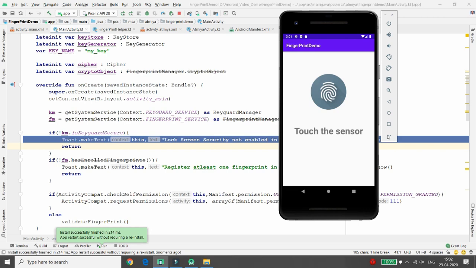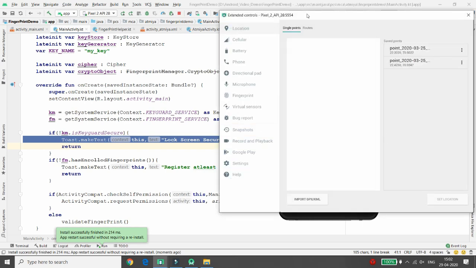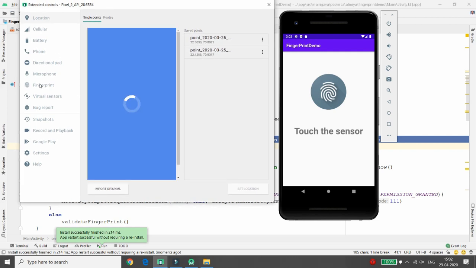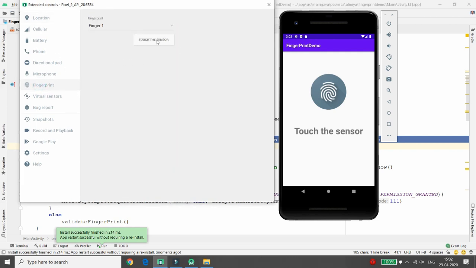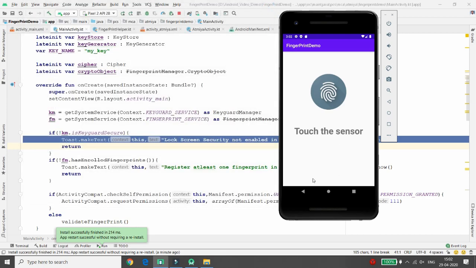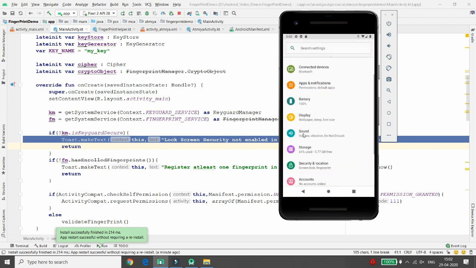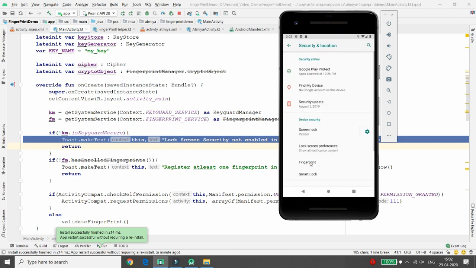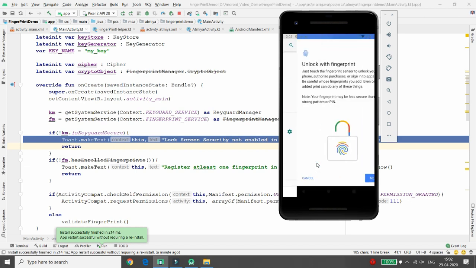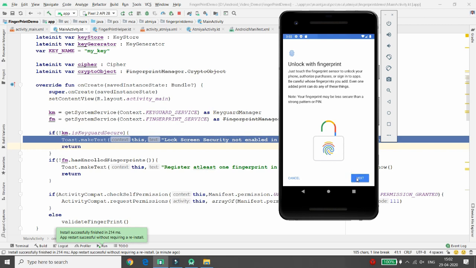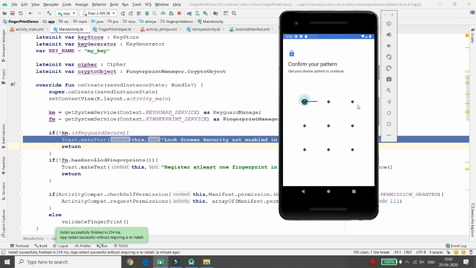So here you can add your fingerprint in your emulator. In the emulator you need to click on the fingerprint, then you can click on touch the sensor to enroll the finger. But how to enroll the finger? Whenever you want to enroll a finger in your actual phone or emulator, you just need to go to your settings. Here in settings you can move to security and location, then go to fingerprint, then click on next, then you need to draw the pattern,